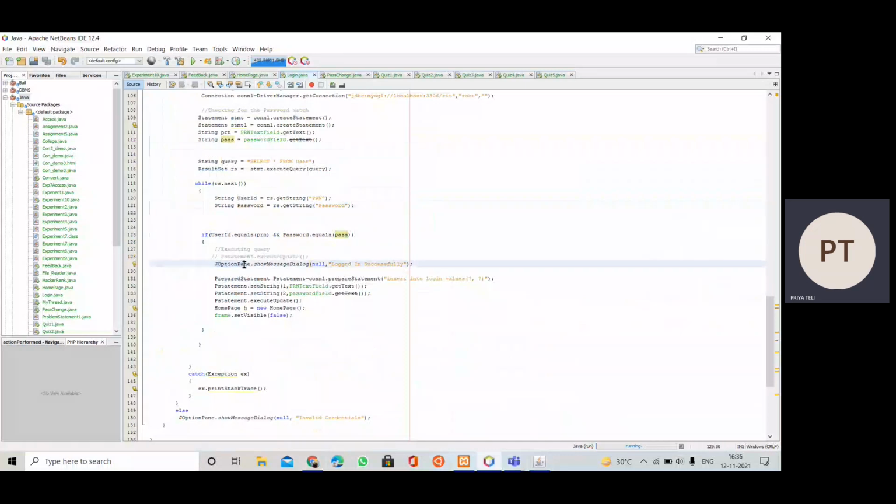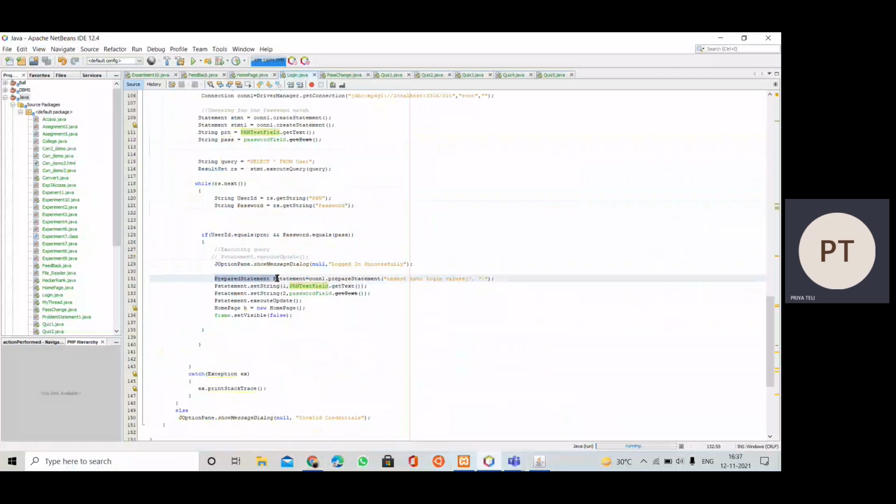So with the help of this JOptionPane.showMessageDialog, the object we are passing here is null. If we don't want to pass, we can simply write here null. Then we have this prepareStatement, because here it is not required to insert this logged in user to the login table, but we have just taken it for our convenience. In general, there is no such login table, but we have taken it here, a separate login table for our convenience. So the logged in user details like user id and password will be inserted into this table.